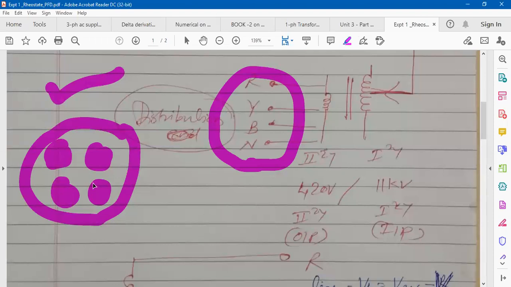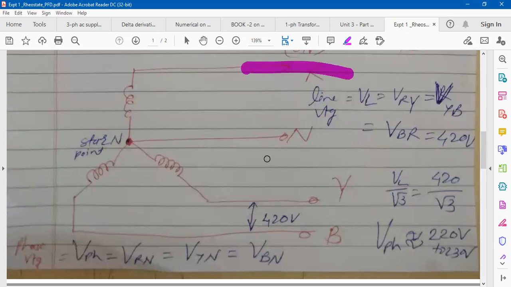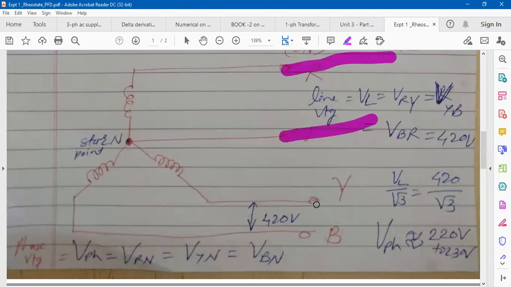So R, Y, B, neutral, like this the core reaches every building, and this one cable is tapped from the distribution transformer's secondary. And once this cable reaches every building, we get the three phase 4-wire AC supply. Like in the electrical lab, we require this R, Y, B, neutral, so this is available there. Now, in every classroom, the tube-lights and fans require single phase. So once this 4-core cable reaches every building, what is done? Some load they put on R to neutral, some load on Y to neutral, and some load of that building they put on B to neutral.